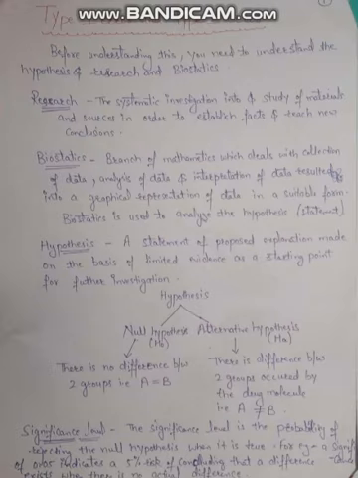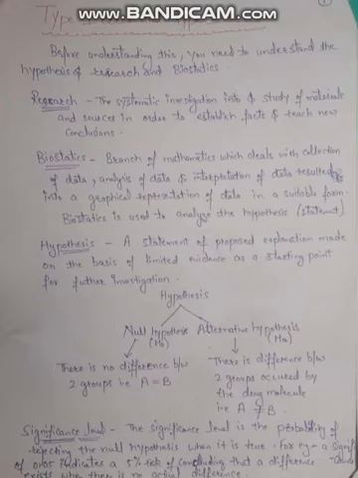Before understanding the terms type 1 error and type 2 error, you all need to understand some basic terms, that is research, biostatistics and hypothesis. So let us start with research. Basically, research is the systematic investigation and study of material and sources in order to establish facts and new conclusions. New conclusions for the already existing ones, or research can be new also.